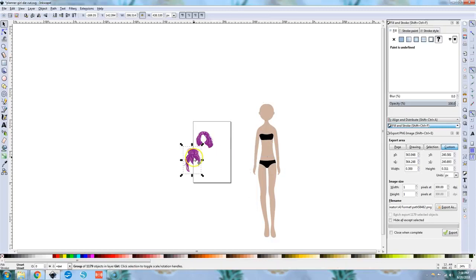The difference between this, which is an SVG file, and this, which is a PNG file, is the resolution at various sizes. With a PNG file, you can only reduce it or enlarge it to a certain size. Right now, this is the maximum size this body can be, a height of about 25 inches. If we were to stretch this, we would end up with a more blurry image. If we were to stretch this, which is a vector image, we can stretch vector images infinitely,